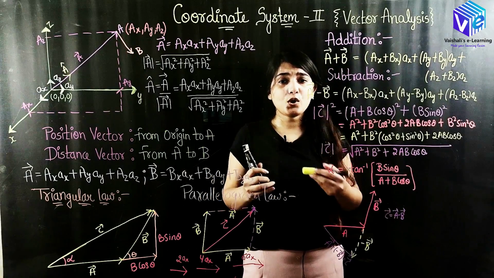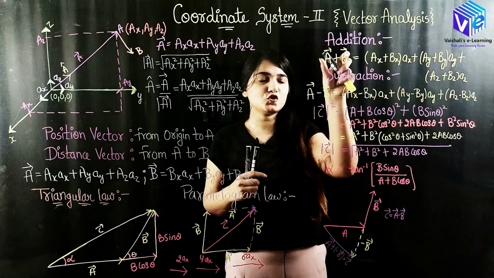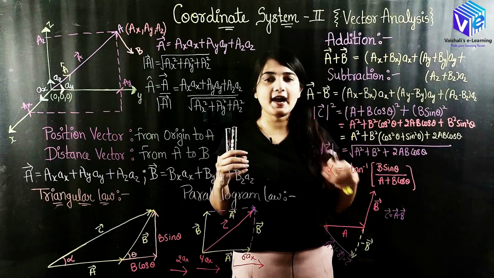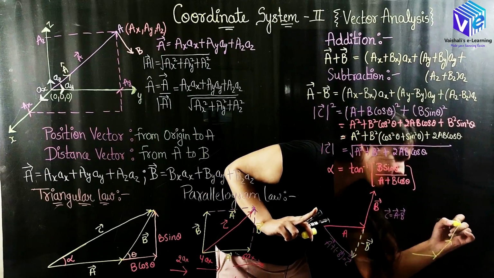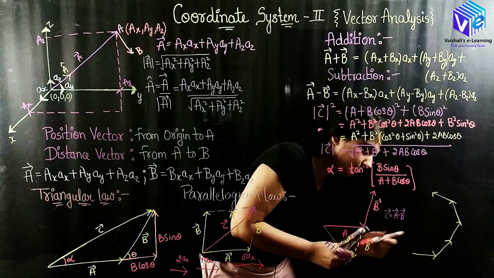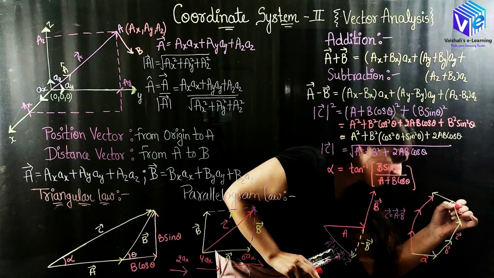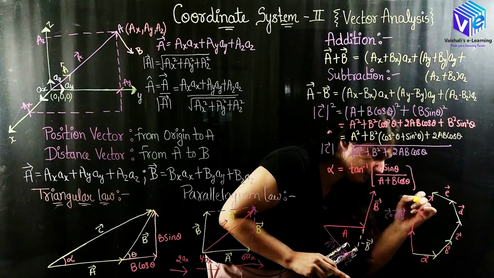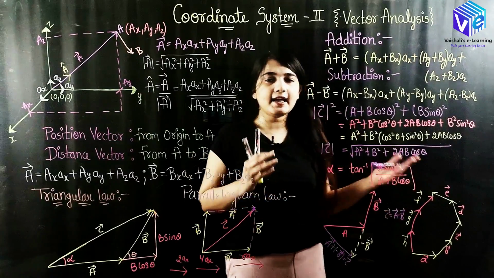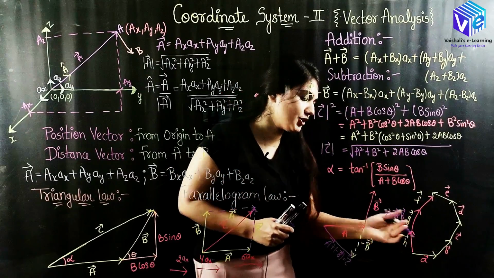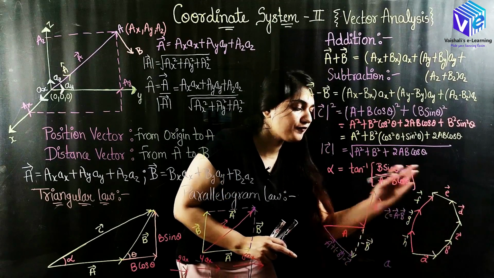One more thing, you guys can be asking me to find out the addition of multiple vectors. Here I had just two vectors, I added them. Here also I had just two vectors. Now let's suppose I have multiple vectors. These are all of my vectors. I will be taking any direction to be positive. Let's take this direction to be positive. So how can I represent the resultant of all of these vectors?